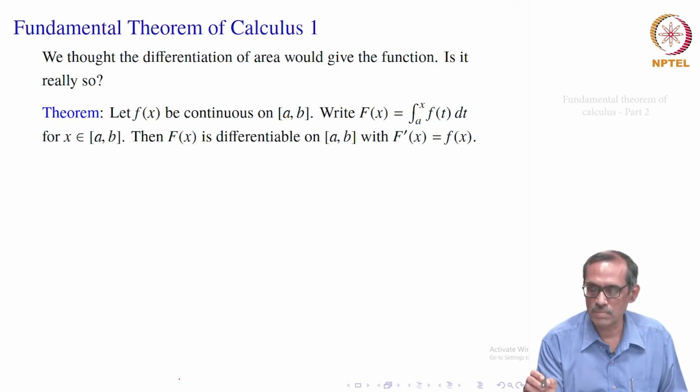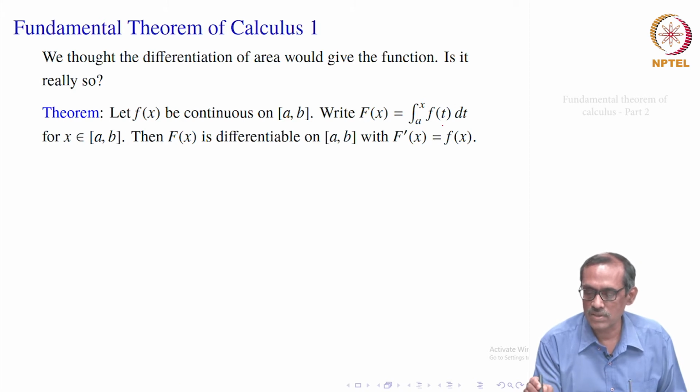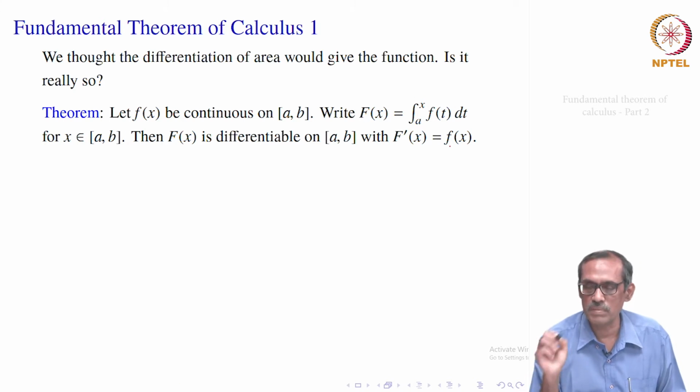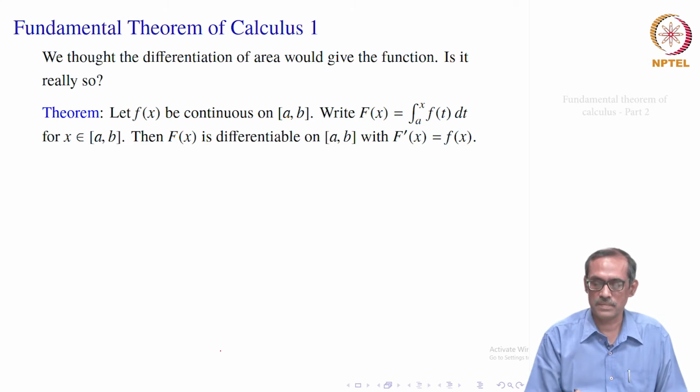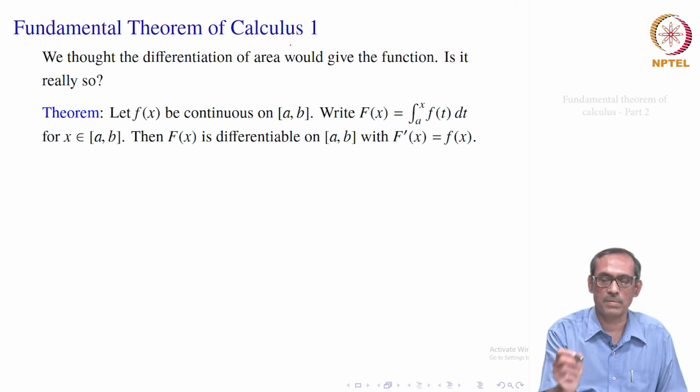Which means that the differentiation of the integral will be the function given. That is what we wanted when we say that it is the reverse process of integration. Not only that, we really need two. One is, if you take the integral like this, capital F of x equal to integral a to x f of t dt, then its derivative should be equal to small f, and then another will be that the integral of the derivative should be equal to that function. So, that will come as fundamental theorem of calculus 2. This is really fundamental theorem of calculus 1.